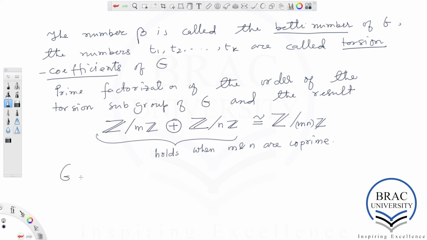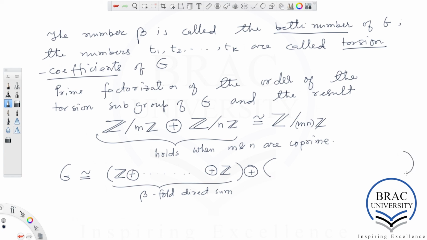Using this fact and the prime factorization of the order of the torsion subgroup, G, the finitely generated abelian group, is isomorphic to the beta fold direct sum of Z, which is the free part, and then we add the finite, torsion part, which is Z sub a1.